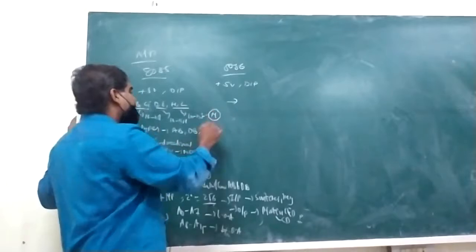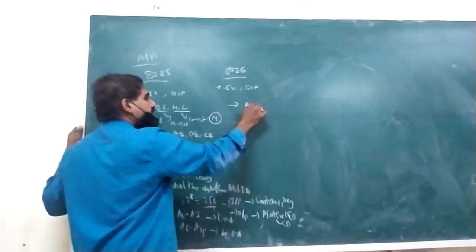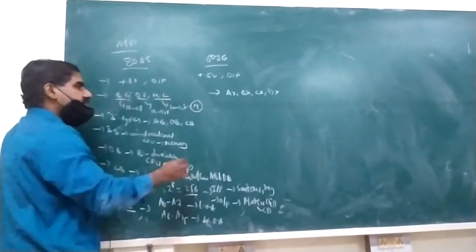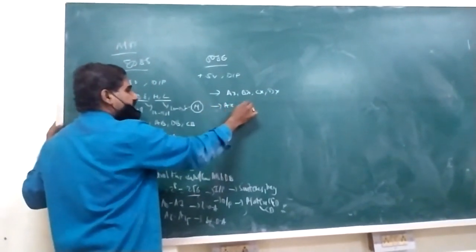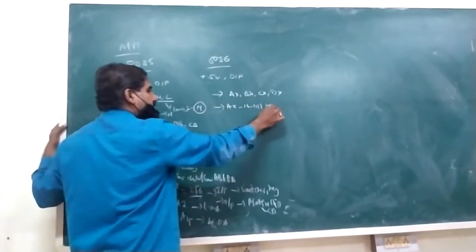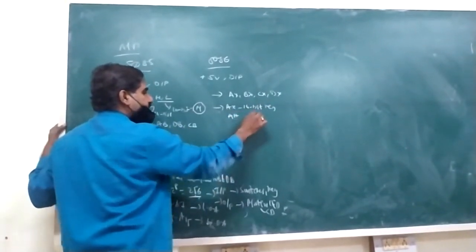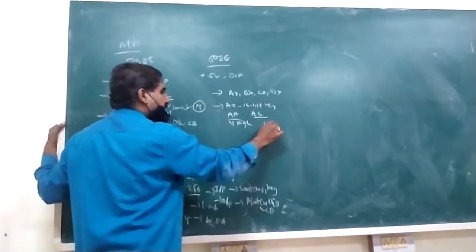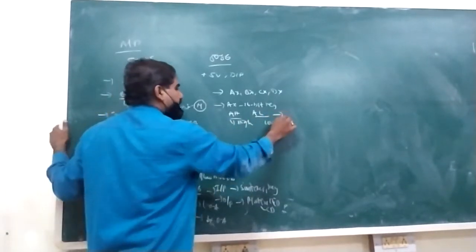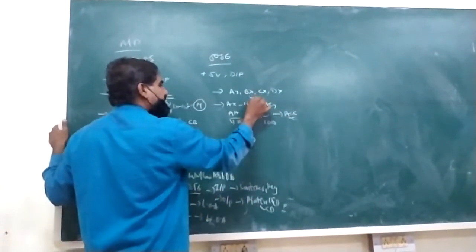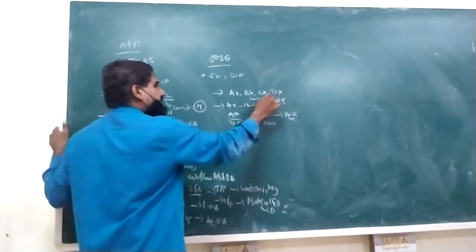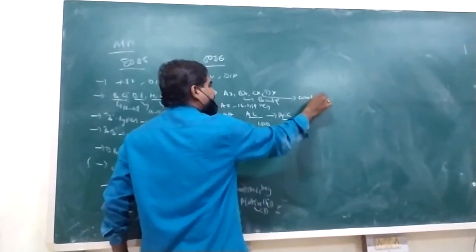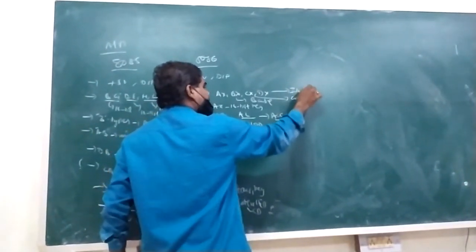Okay. Coming to the 8086, we have 4 types of registers: AX, BX, CX as well as DX. AX is a 16-bit register. We can divide it into 2 parts. The first one is AH, another one is AL. AH is the high order byte, AL is the low order byte. AX is used for accumulator commands, BX is used as base, CX is used as counter, whereas DX is used for input output operations.